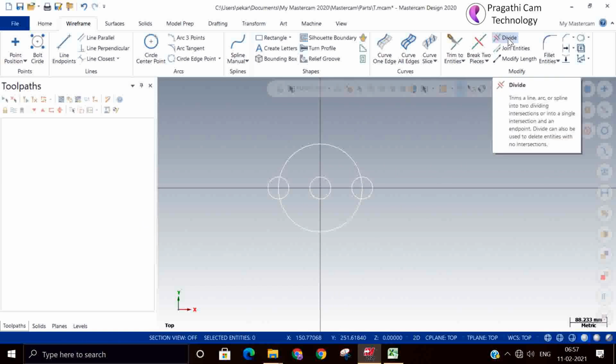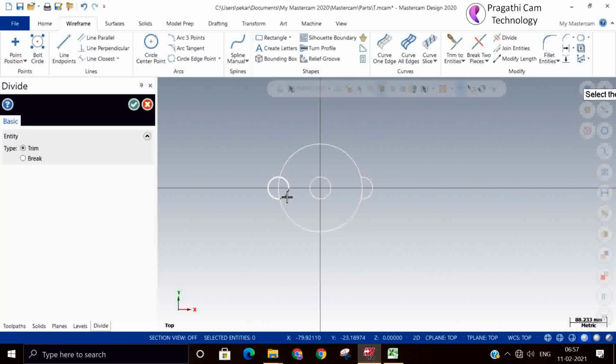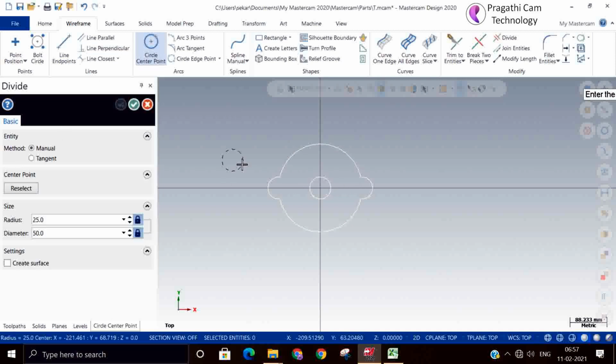So I will break this entity, and if you want, we'll add some pillars. We'll add some drills also here.